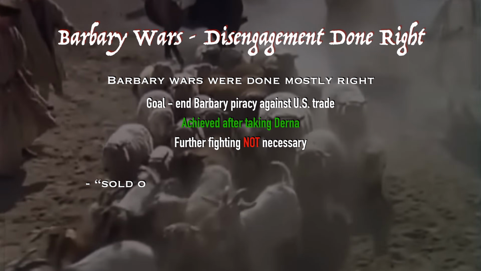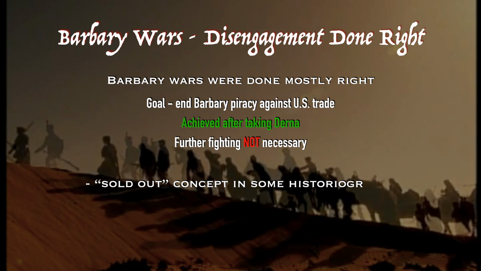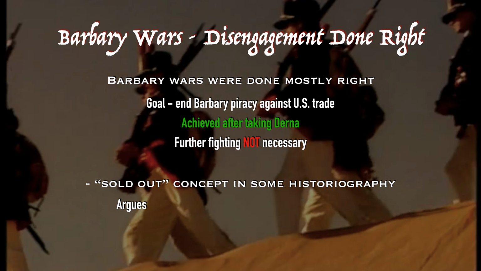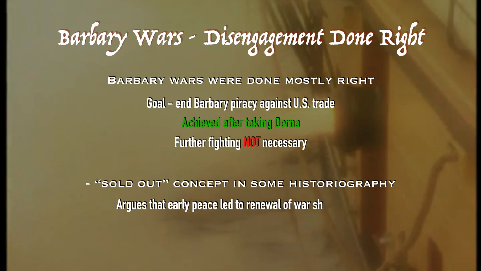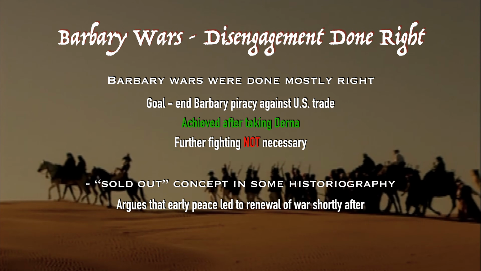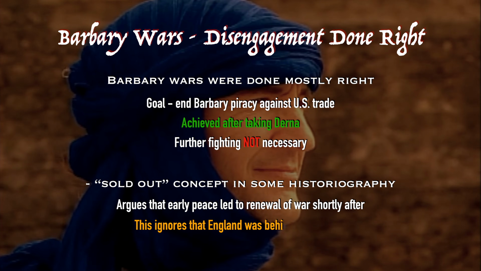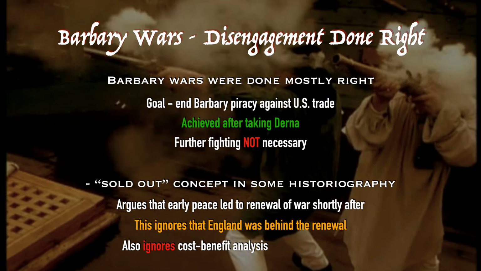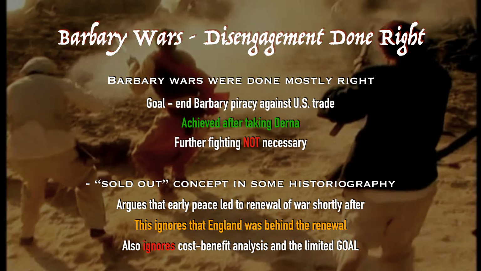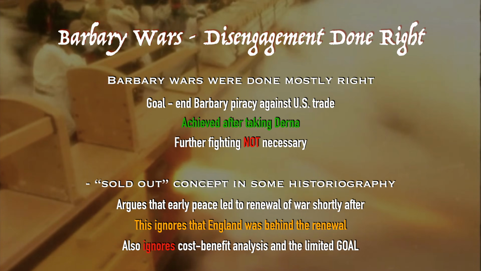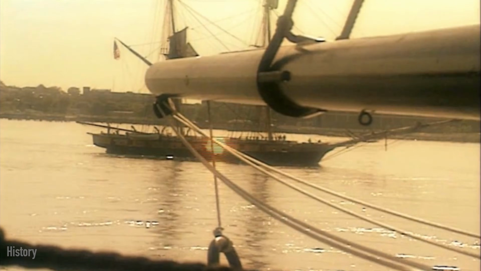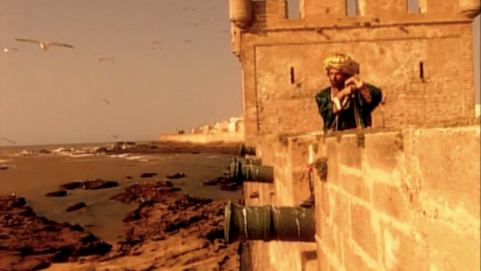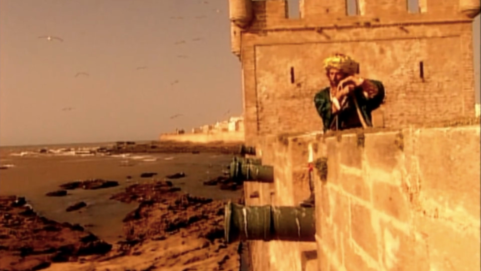The narrative that the US quit while it was ahead, which in turn led to a renewal of war years later, in my opinion, is just false. Again, I think Lear could have gotten a better deal, and of course I personally would have liked to have seen a friendly regime installed, but the cost to do that, especially for the Tripolitan populace who would have been starved and bombarded, would have been quite high. The end of the First Barbary War was not an example of the cowardly politicians selling out the US military, but rather a successful limited military intimidation that forced the Basha into accepting what the US had wanted all along.